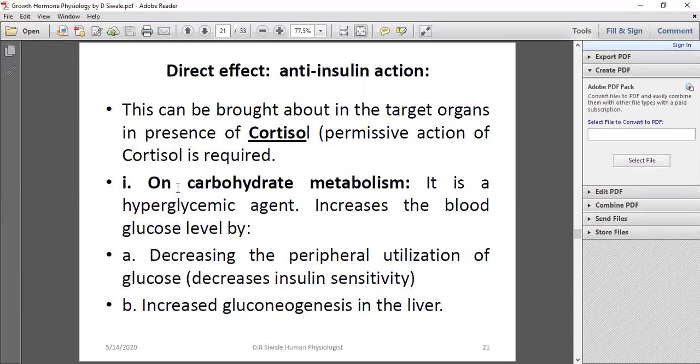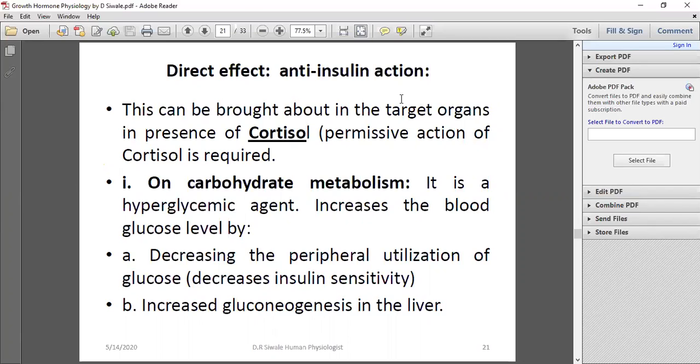Okay. But remember, growth hormone has anti-insulin action. So everything you can explain about growth hormone, if it has anti-insulin action, and we know the actions of insulin. So you can easily explain the anti-insulin action. And was it yesterday, the day before yesterday, there was a video I posted on insulin action. So all the actions of insulin are stopped or are inhibited by growth hormone.